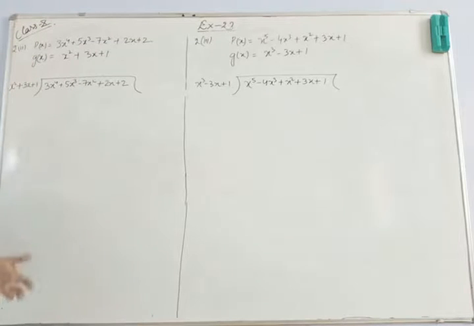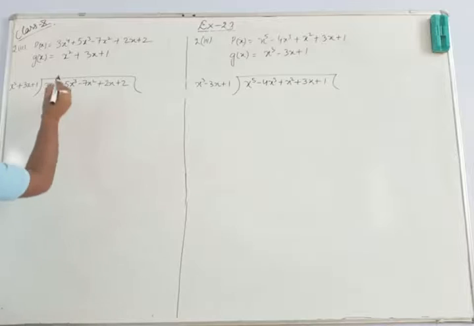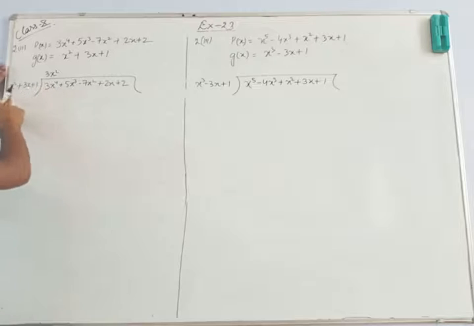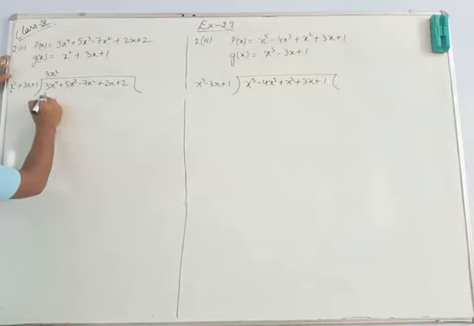The division will be the same, the method is the same. What do we have to do? Eliminate the first term all the time. So we will be multiplying by 3x square at first, so that we can get a 3x raised to the power 4, because here it is x square. So 3x square into x square will give you 3x raised to the power 4, plus 3x square and 3x.